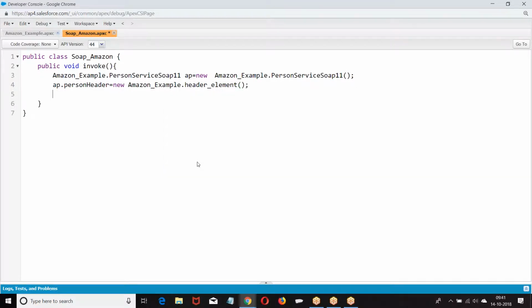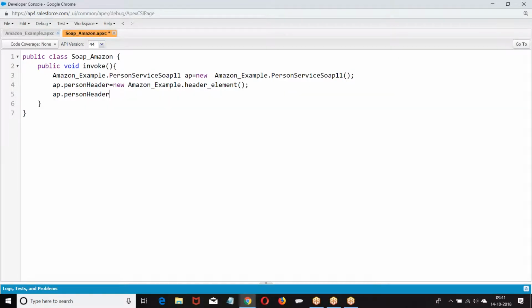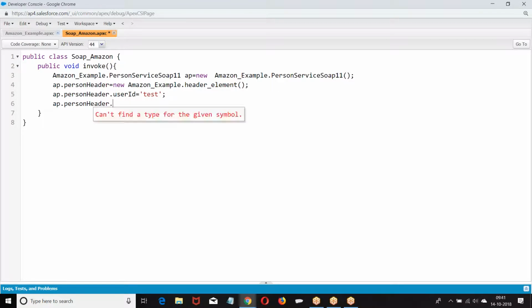In the header element what was I supposed to do? AP dot person header dot user ID equal to, AP dot person header dot password equal to. I created an object for the class.